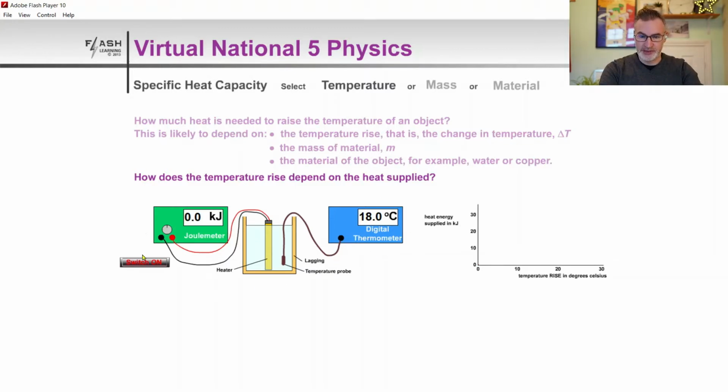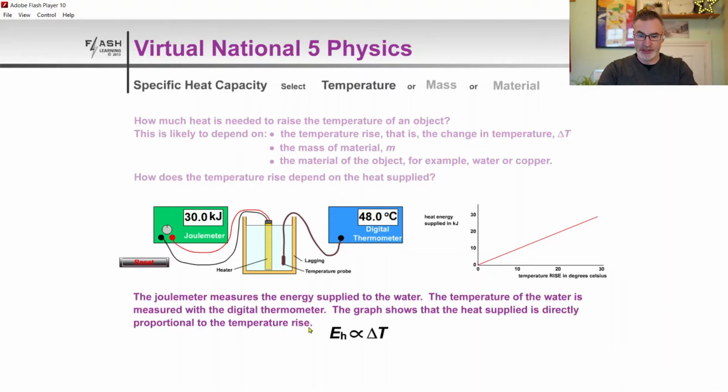When I switch it on, I'll switch it on now, you can see that as the heater heats up it's going to measure the energy, measure the temperature rise, and it'll plot a graph as we go. Now we've come back to this a little bit later, and what we can see is that it's quite clear that the relationship between the heat energy supplied and the rise in temperature of the water is a directly proportional